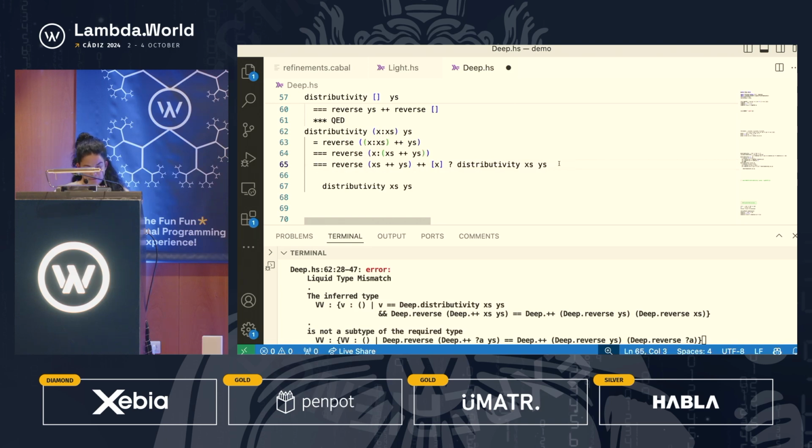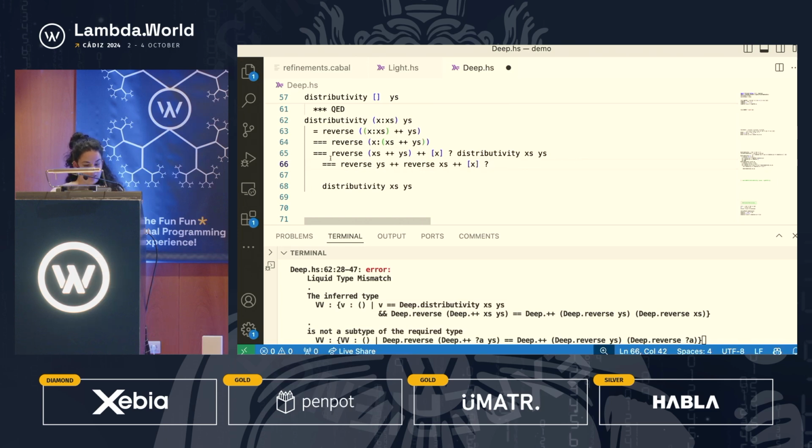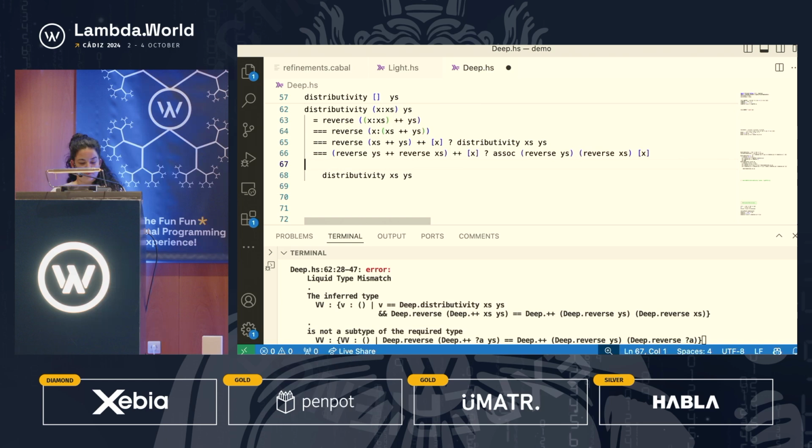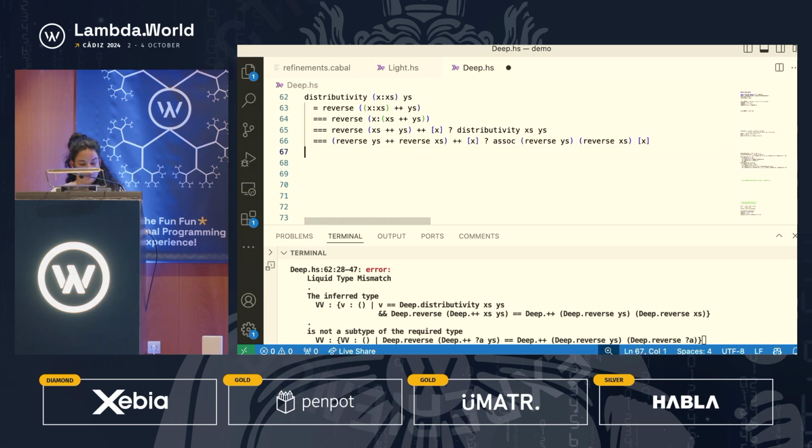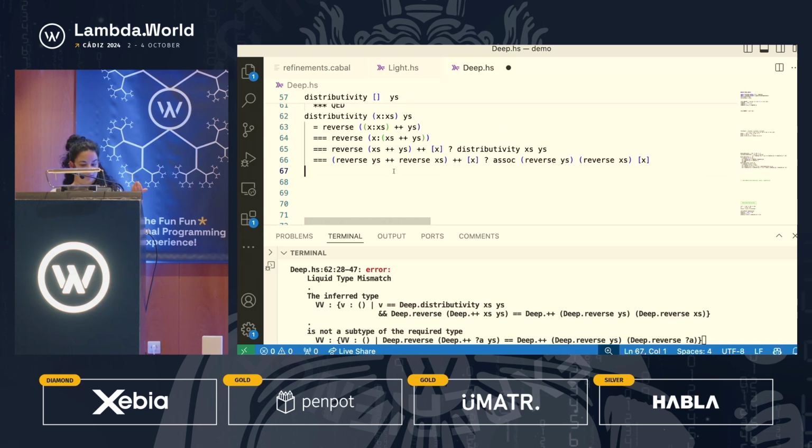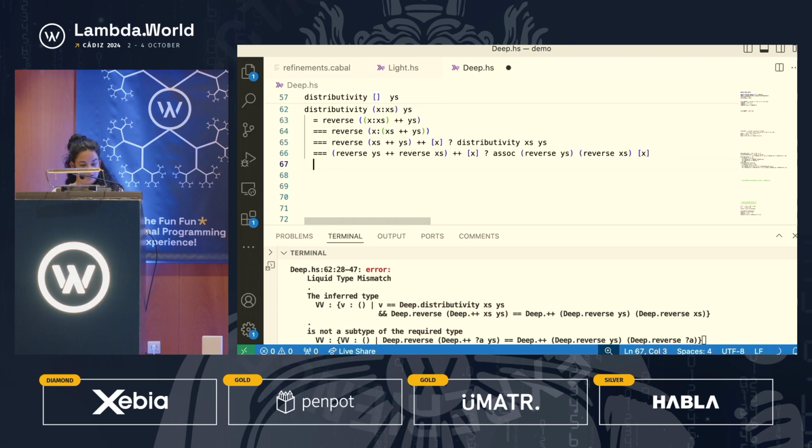And now, if I call distributivity, I open it up. And I open it up, but I have my parentheses here. And I want to put my parentheses on the other hand side, right? So I call associativity of all this, which means that my parentheses leave from here, they go on the other side, and I